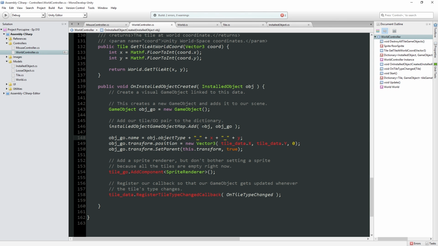So again, over here, obj.tile.x, being inconsistent with my cases with my parameters versus my class variables versus my properties. So my apologies for that. We'll try to standardize something with case a little bit later on. But there we go. And then the same thing here and here. So we're getting the object belongs to a tile, and the tile has an XY coordinate, so we're using that. Again, everything here,